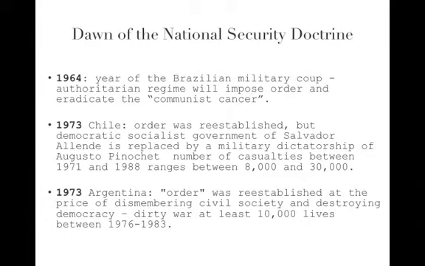1973 is also the beginning of the worst part of the Argentinian military order. Military regimes are nothing new in Argentina in 1973, but this was certainly the most murderous. The Dirty War, as it's known, was a military campaign that was aimed at also ridding Argentina of communist threat, but essentially was aimed at ridding Argentina of any form of dissent. And it did that by literally dismembering civil society and destroying any shred of democracy that Argentina had ever shown. And some have argued that it still has not recovered from it.